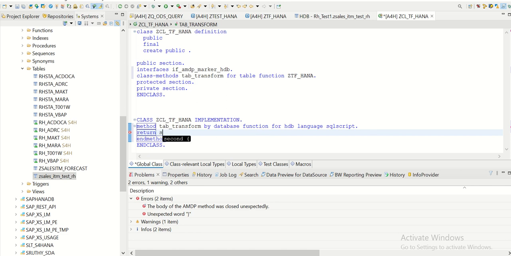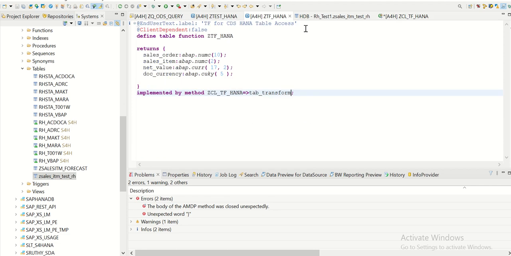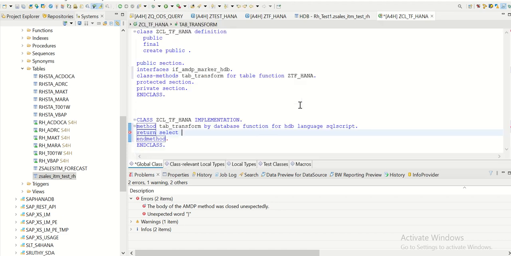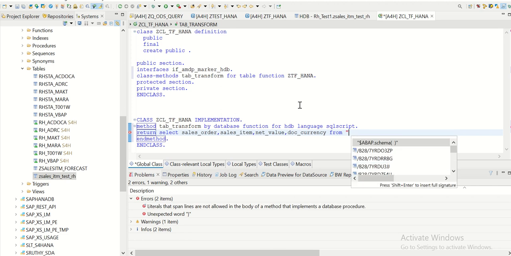So return, select, okay, select, what fields do we need? We need sales order, sales item, net value, and doc currency. That is the structure of the table. So let's write sales order, sales item, net value, doc currency from. Now the moment you give from, you can just put a double quote and press control space,